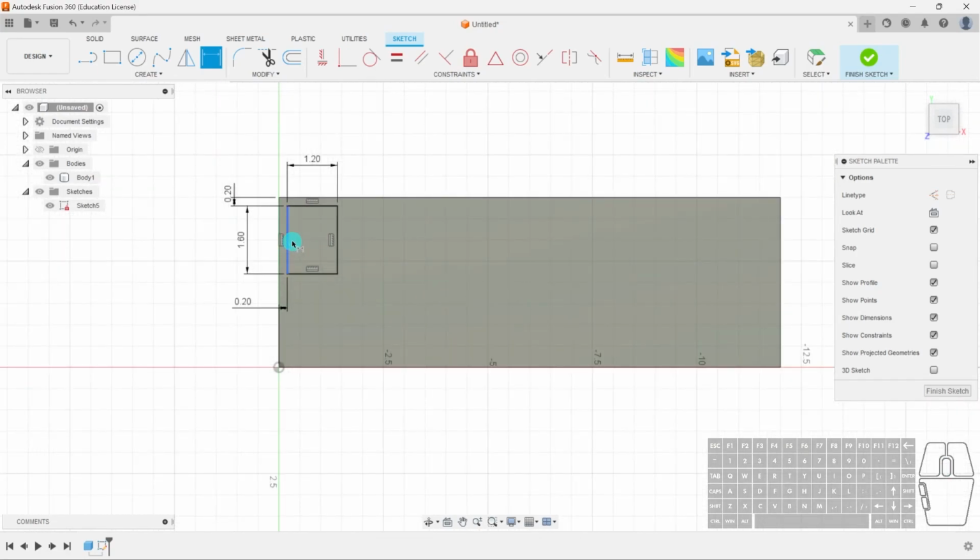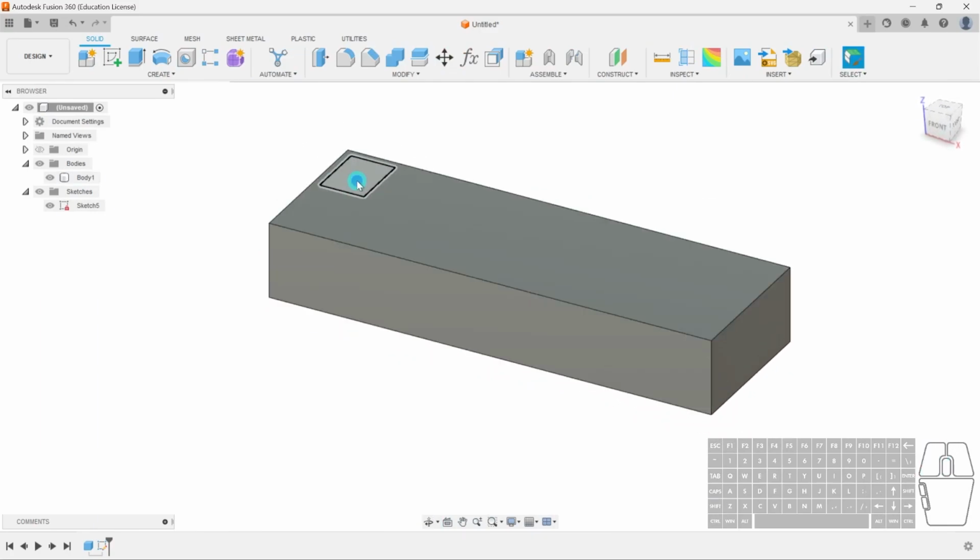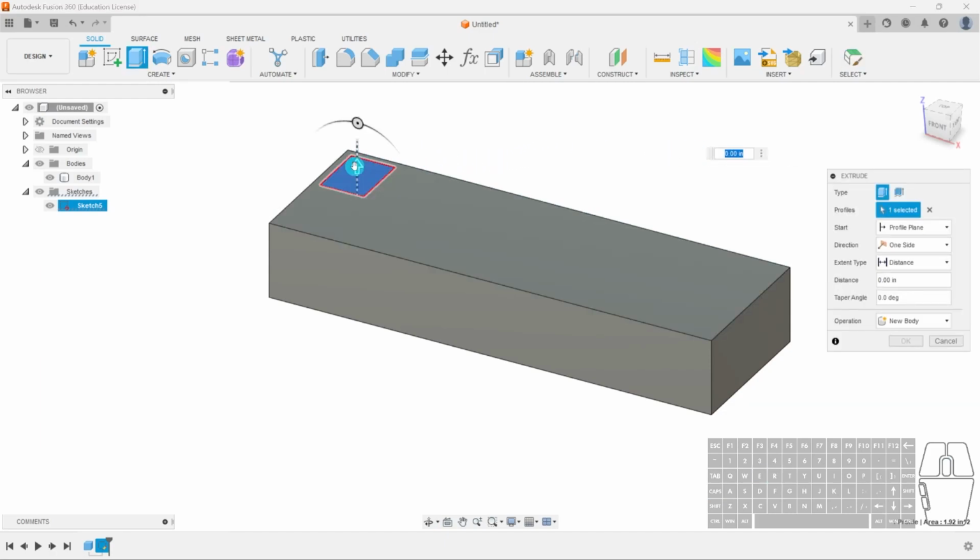What we can do is we can now go and use the rectangular pattern if we want to use sketches, right? But again, I don't recommend you do that because it makes things a lot more complicated. You have to change a lot of things with sketches. So instead, we'll finish sketch. We'll move this down a little bit. We'll hit this profile, select E for extrude, and we're going to push this down by 1.3 inches, so negative